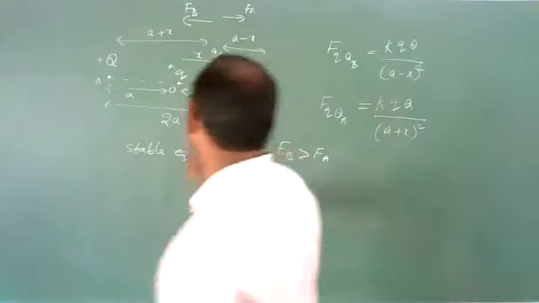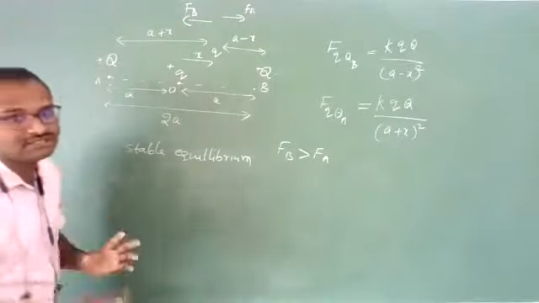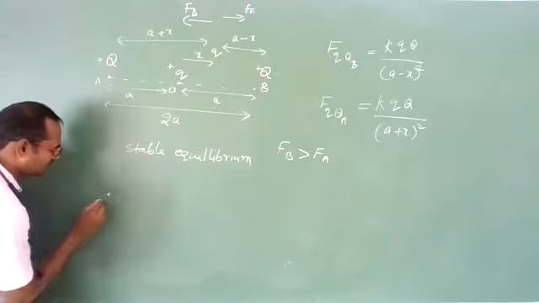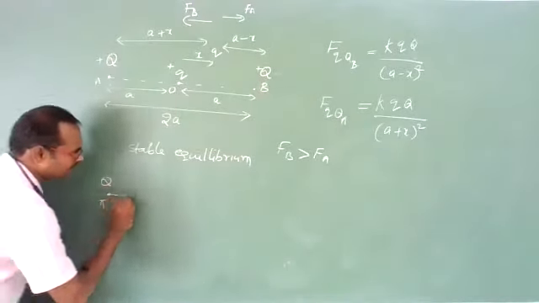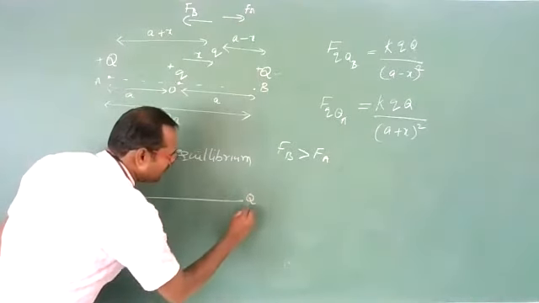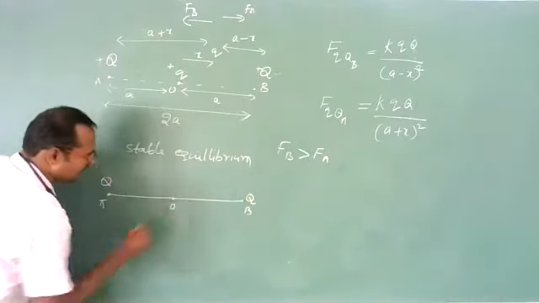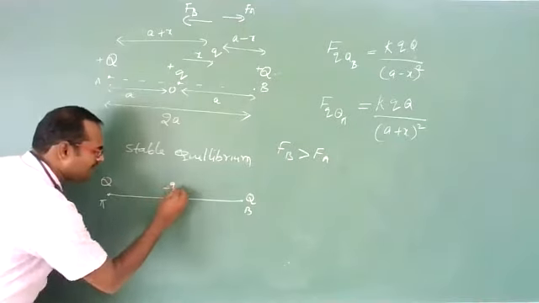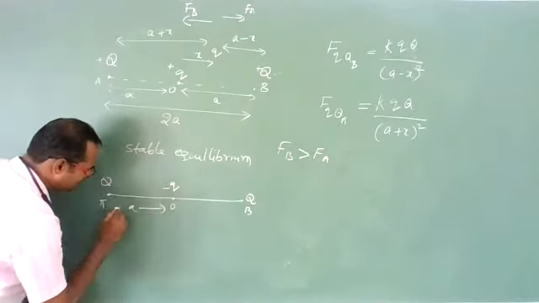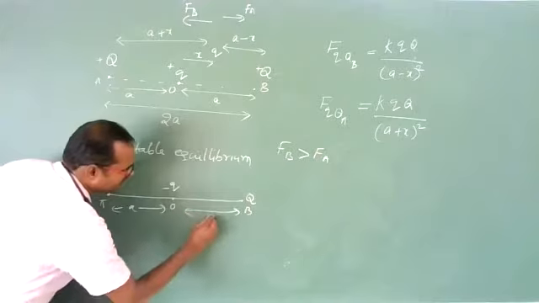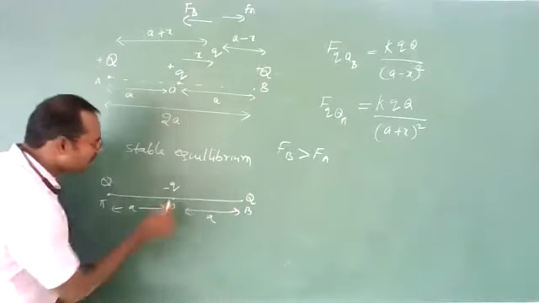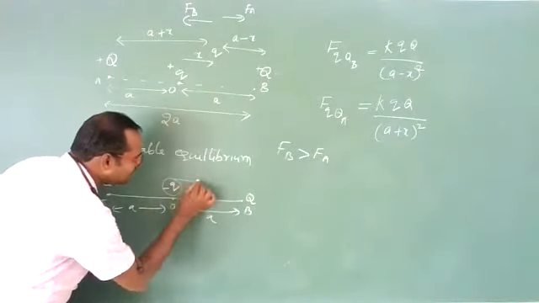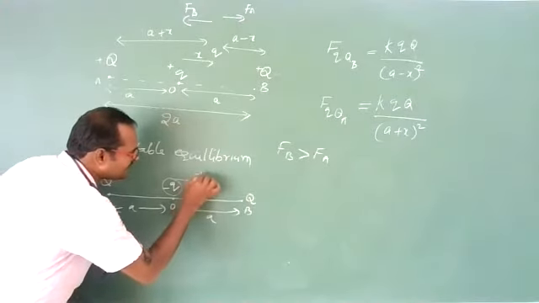Okay. Sir, I will not keep a plus q charge, I will keep a negative charge. Then let us see what will happen. So this is capital Q at point A, this is again Q at point B, and this is the center O. Here I have kept a negative charge, and this distance is a, this distance is also a, total distance is 2a. Now, if you displace it by a small distance x, the negative charge came here.